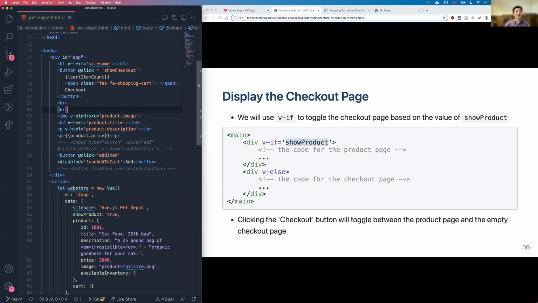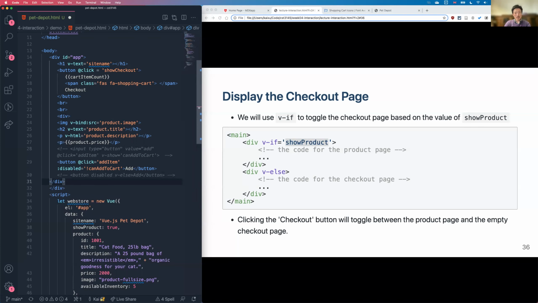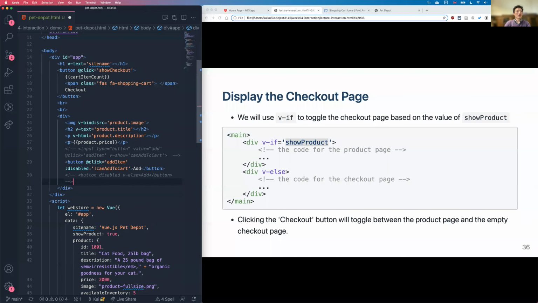Okay, that's all fine. And here we define a div, and this will be my product page, and I will say v-if equal to showProduct. We're going to show this,